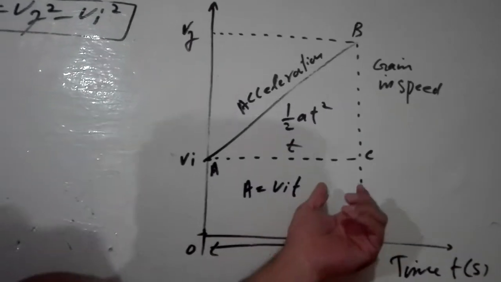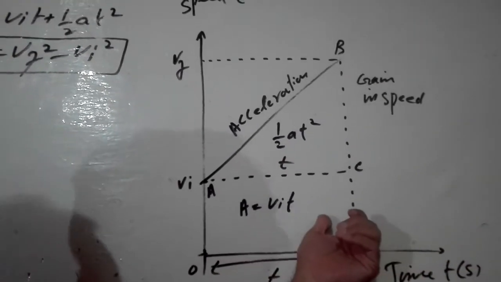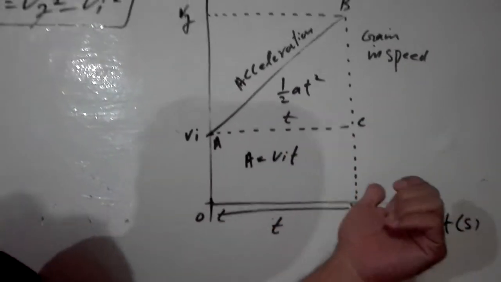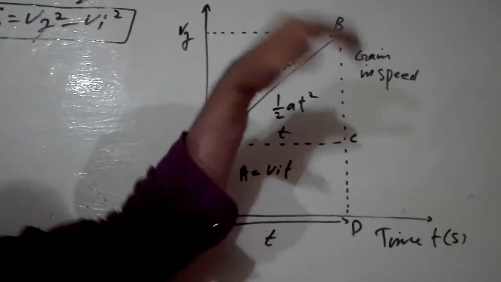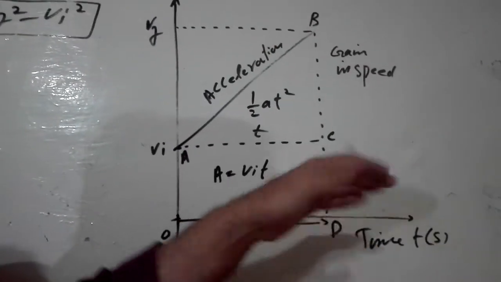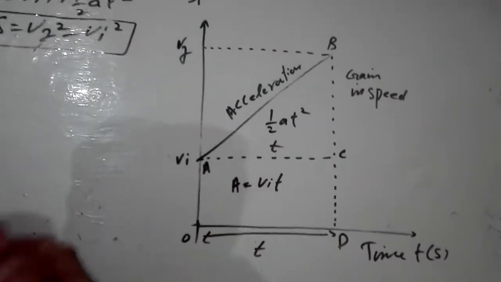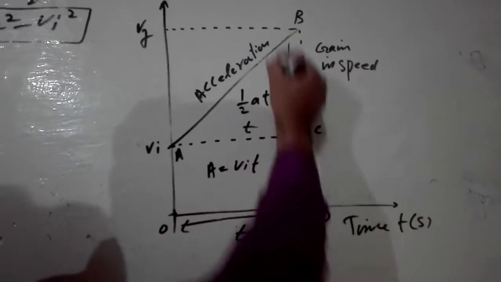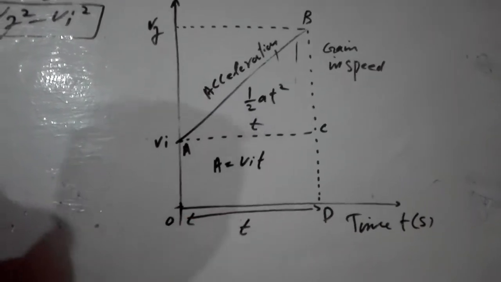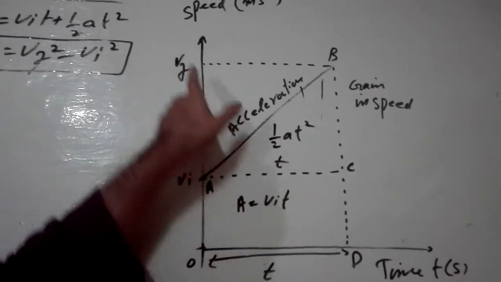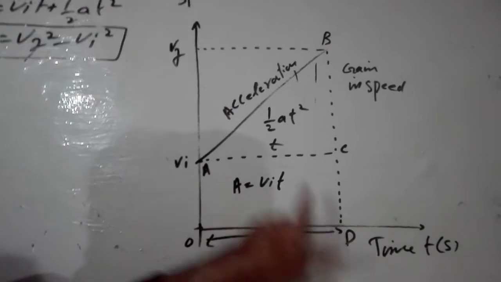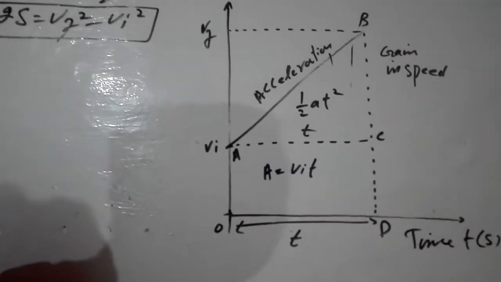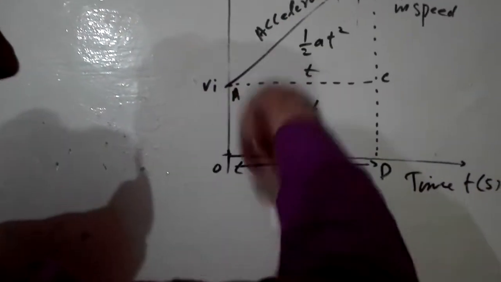Notice, the figure of the graph is the same for all three equations of motion. For the first equation of motion, you also have to draw this graph. For the second equation of motion, you also have to draw this graph, and for the third you also have to draw this graph. But how to prove the third equation of motion? You have to find the total area of the body under the graph. In the speed time graph, I have told you how the total area under the speed time graph gives you the distance.